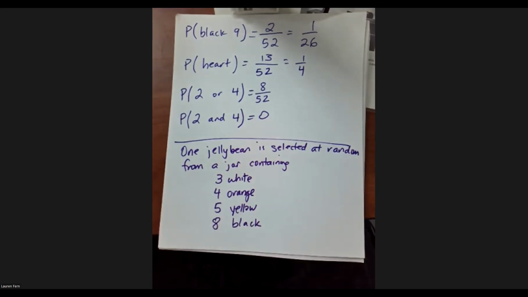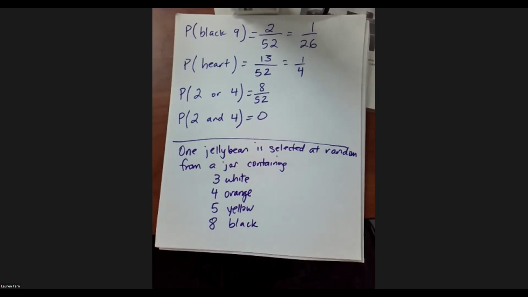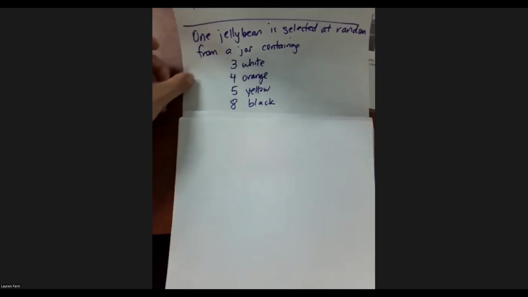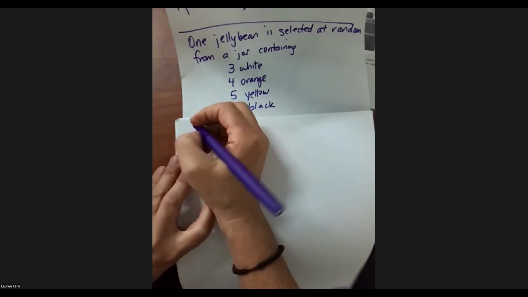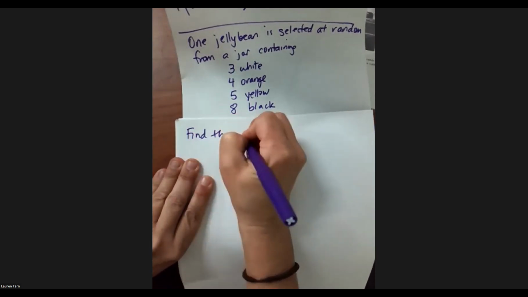Now with M&Ms, the color doesn't matter. They all taste the same. With jelly beans, we're talking something totally different. I love black licorice, so okay. Anyway, we're only picking one jelly bean. So what if I want you to find the probability